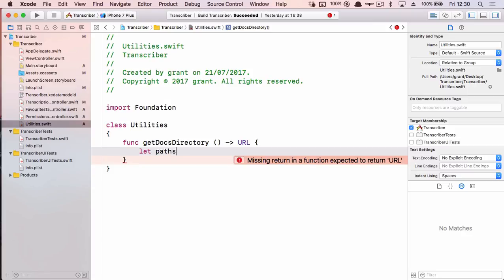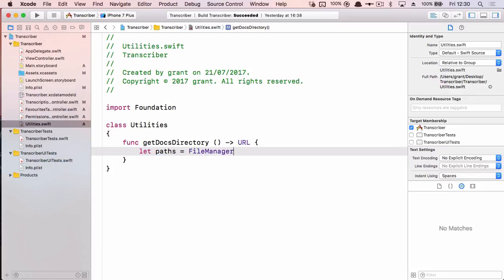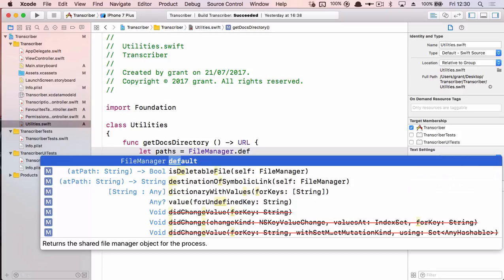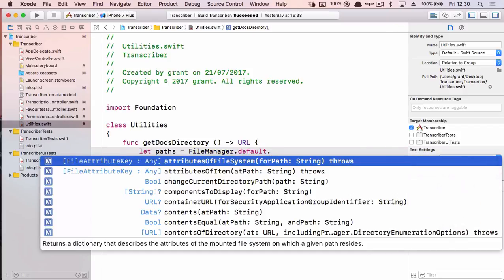Right, so let paths equal. Now, why have I put paths? Because what I'm about to type could return more than one path. And what are we about to type? Well, we're actually going to go and find where our document directory is. And this comes from our file manager. The default version of the file manager dot